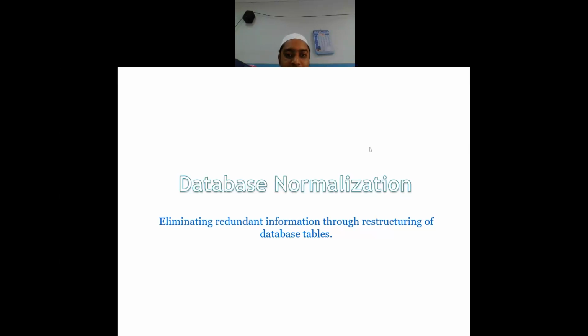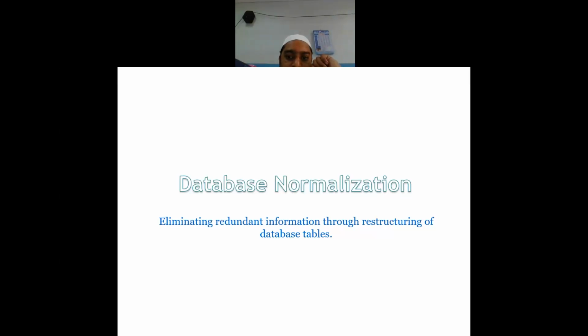So yesterday we discussed what normalization is, and we came to a conclusion that normalization is a process in which we try to restructure the database tables. The reason for restructuring is to eliminate redundant data and to reduce complexity. Since normalization is a process of restructuring tables to eliminate redundant data and complexities,